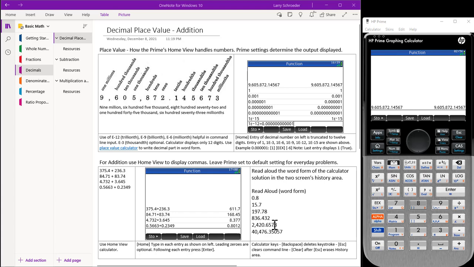2,420, then the last 3 gives us 10,000ths, so 6,578 10,000ths. The last 3 gives us 100,000ths, so 40,476,35,000,57 hundred-thousandths. Next, we're going to practice entering these numbers in our calculator, but we need to